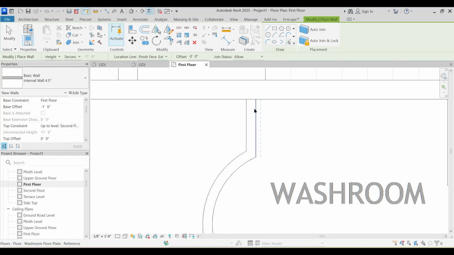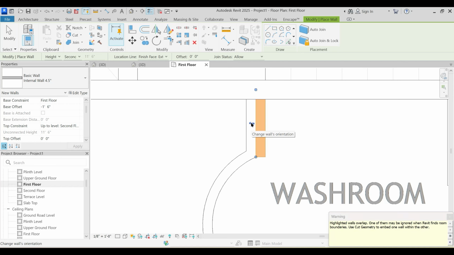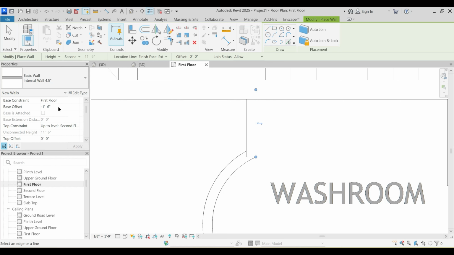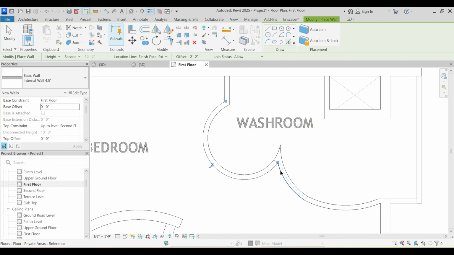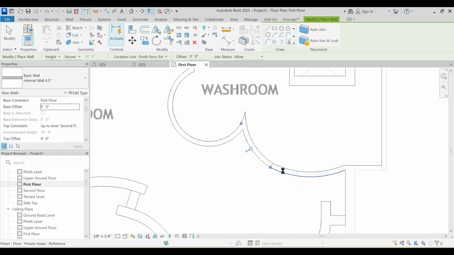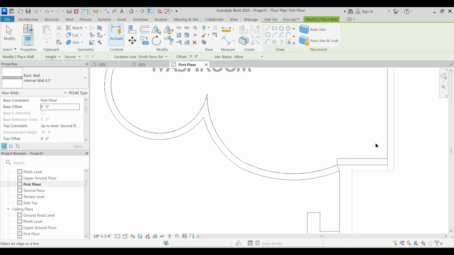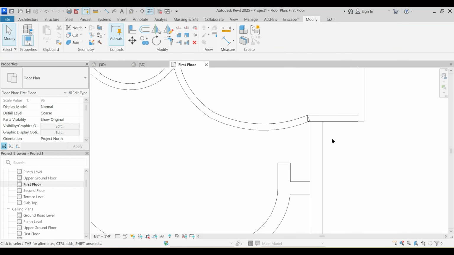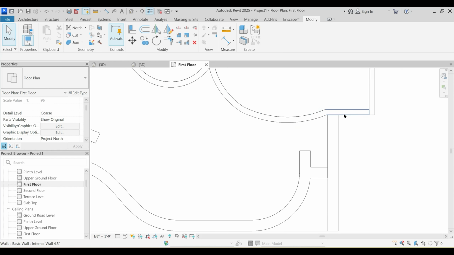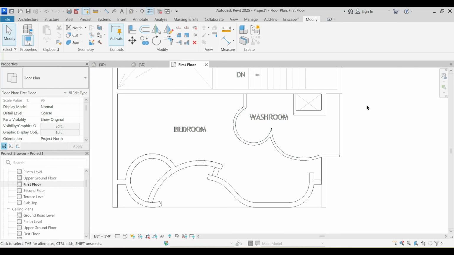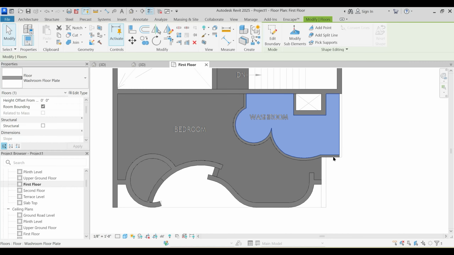I wanted to select the highlighted walls overlap. For this, you won't have this one and two, three, and four. Just flip the direction, TR, and run this to this. And for here, just say that